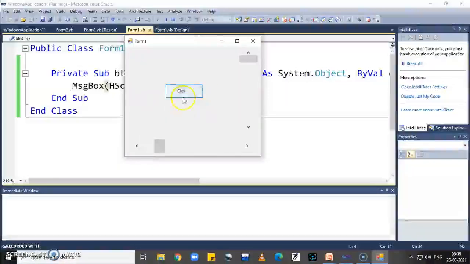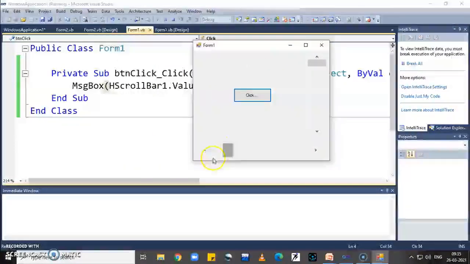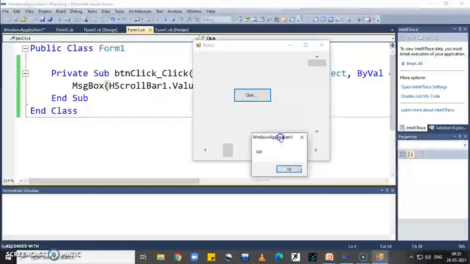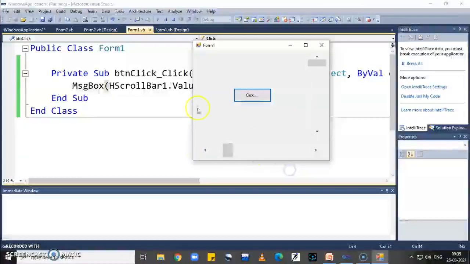And whenever we click on click button, then it display the current value of horizontal scroll bar in message box. So here the value of horizontal scroll bar means the movement of horizontal scroll bar is 140.